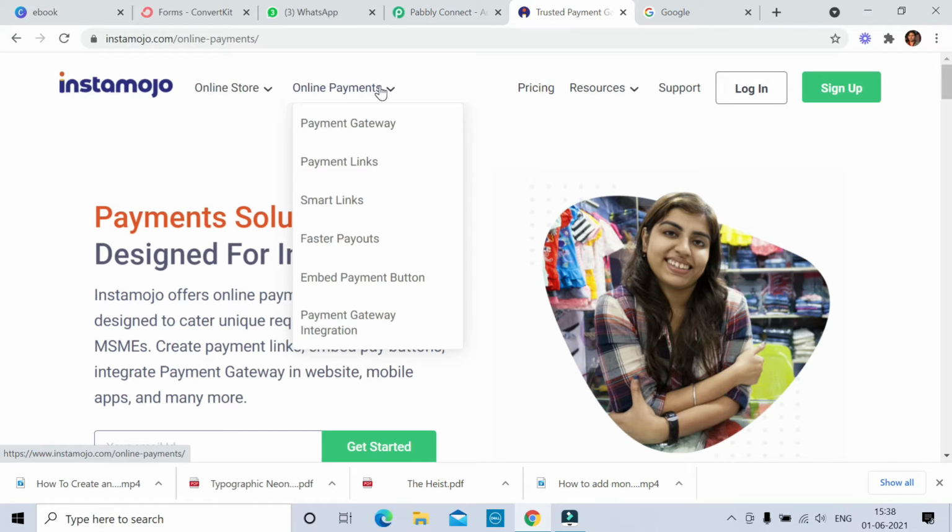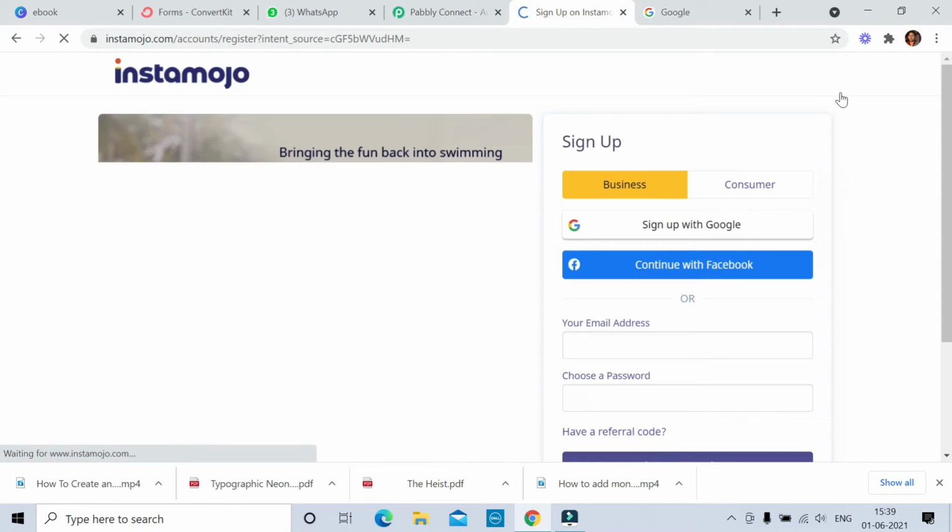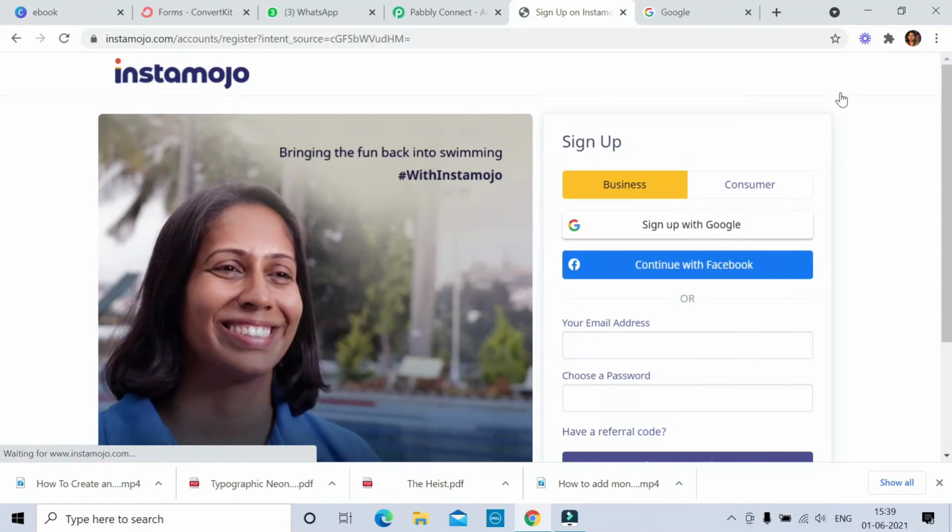Suppose you want to collect payment from any person. You can create a professional payment link and send it to your friends or to anyone, and your friends will make payment to you with the help of the link. So without wasting time, just come here and click on the sign up button. It will also help you to sell digital products and digital courses, because it will help you in collecting payments.